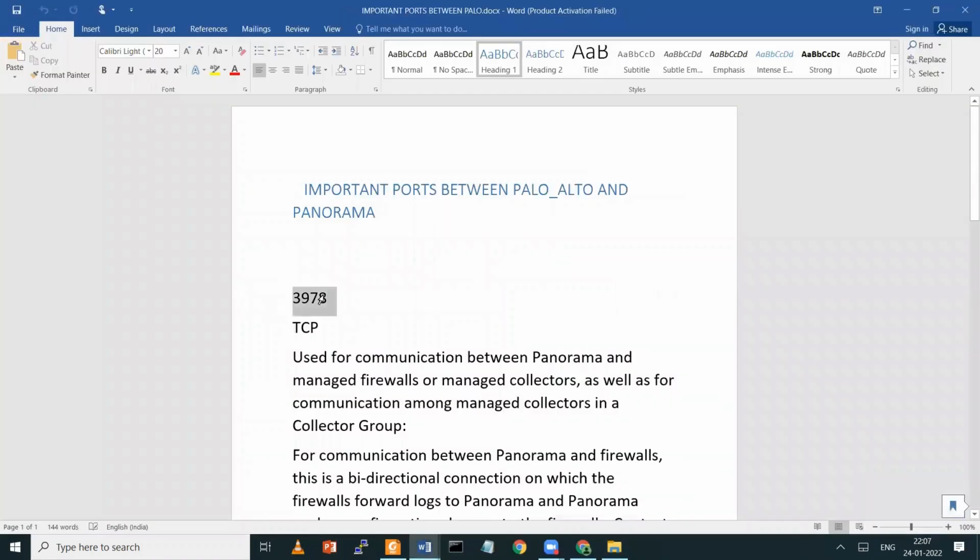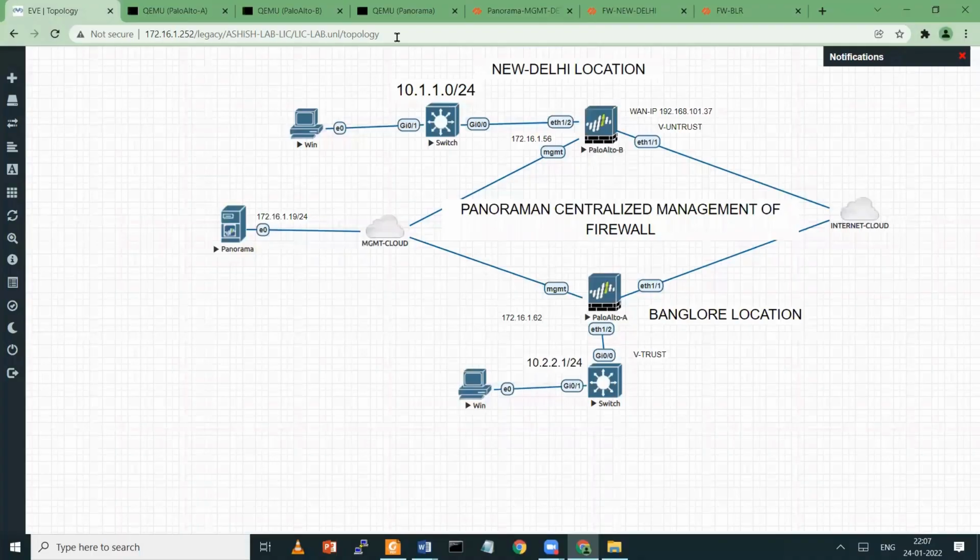See, TCP port 3978. This is the port number.